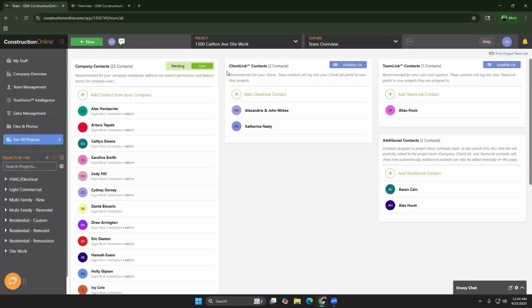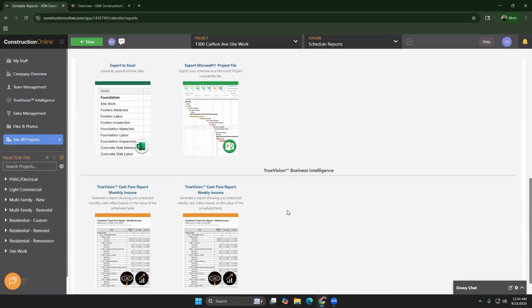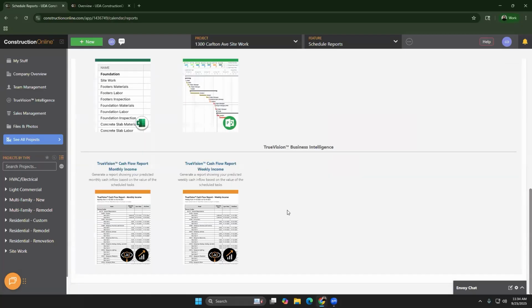Finally, last reporting option, and again, something really beneficial that we offer is if you go into the schedule reports, we offer cash flow reporting. So if you ever are a cost plus company or you're wanting to generate reports showing predicted cash inflow, you can go in and do that. And that's where those cost impacts come in really handily. These are custom True Vision reports that are part of those True Vision packages. So a lot of really good